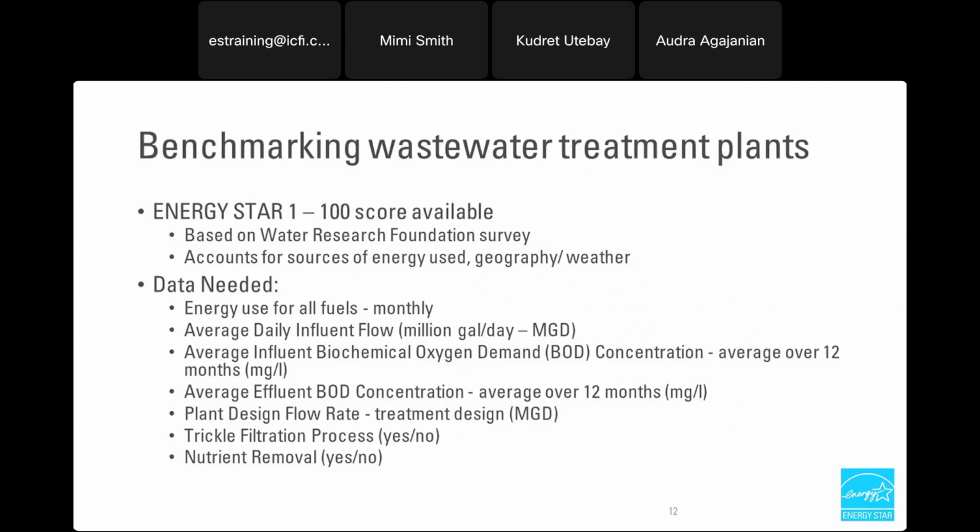For wastewater facilities, an energy performance scoring system is available in Portfolio Manager. After you enter data into the tool, such as energy use and flow and basic data about your facility, you will get a performance score between 1 and 100. The scoring system for wastewater plants